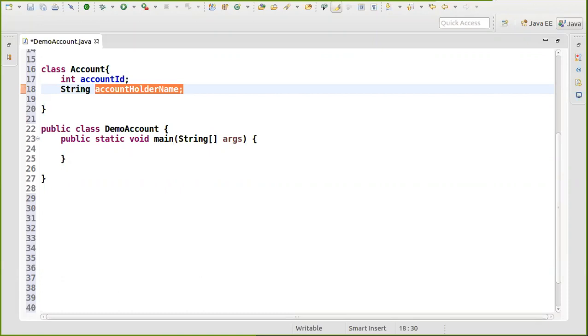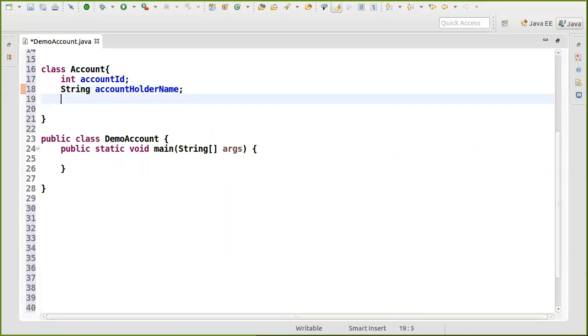That's why the symbol actually looks like the hump of a camel. So it is called camel notation, right? So it's good that we follow coding convention. Anyway, so we have int accountID, string accountHolderName,